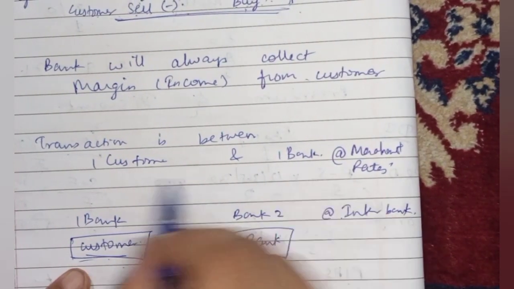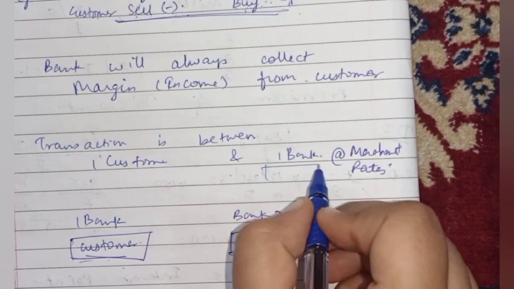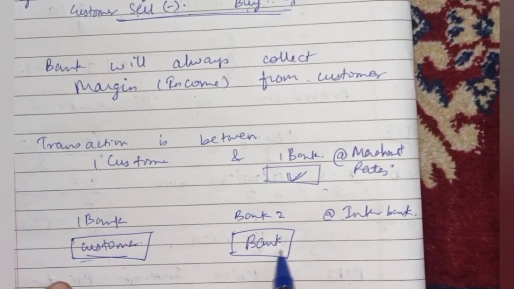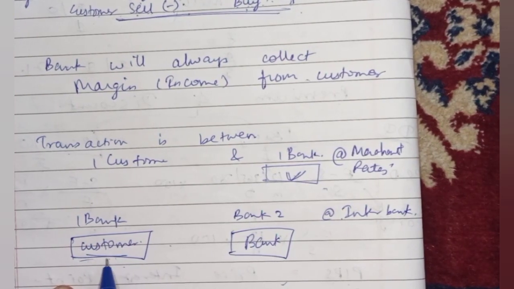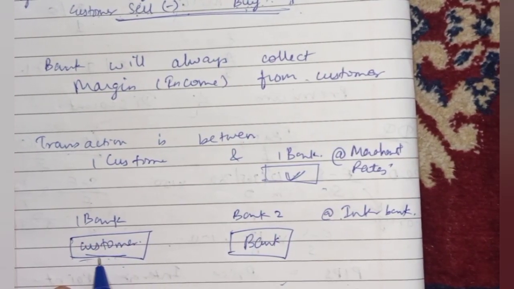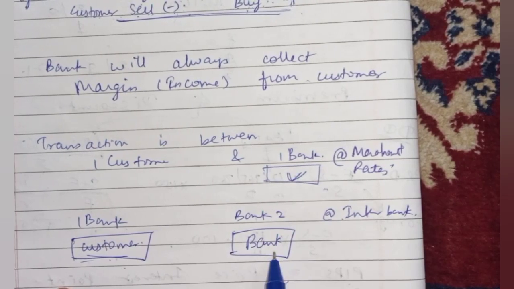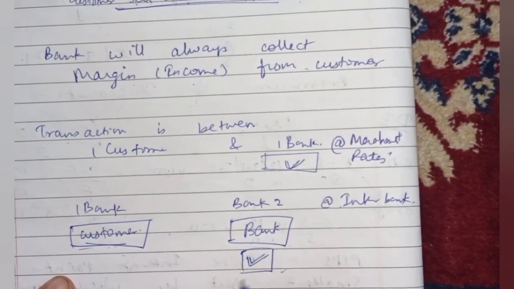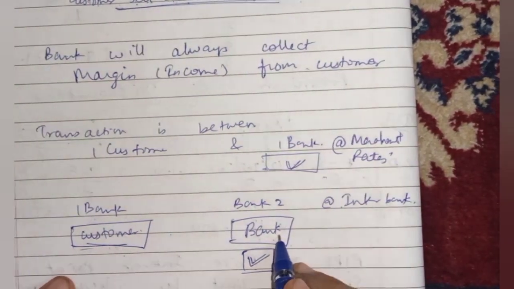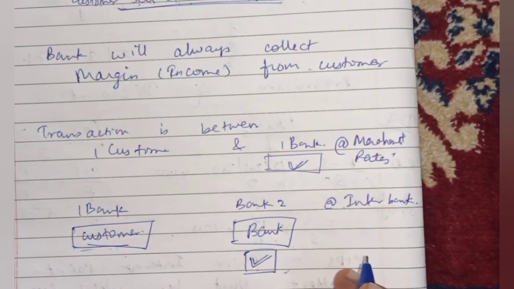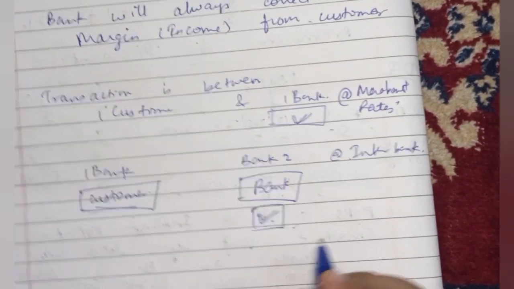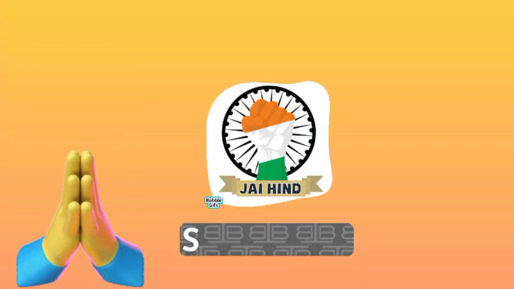In the first case, you will think from the perspective of the bank, and in the other case also, when both banks are involved, one bank will be acting in the capacity of customer and the other bank will be acting as the actual bank. So in this case also you have to consider the perspective from the actual bank's point of view only. So bid and ask rates will always be computed from the bank's perspective. So with this we have completed all the basic concepts of forex.